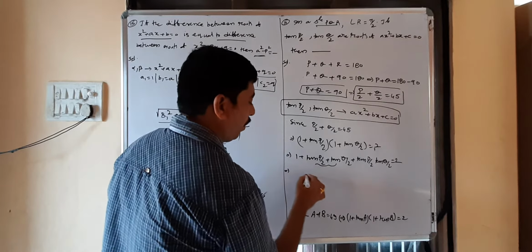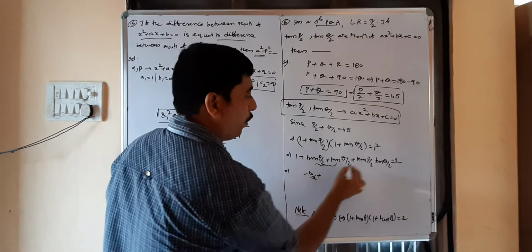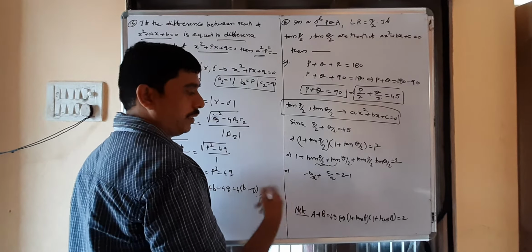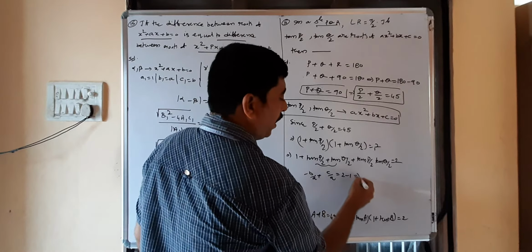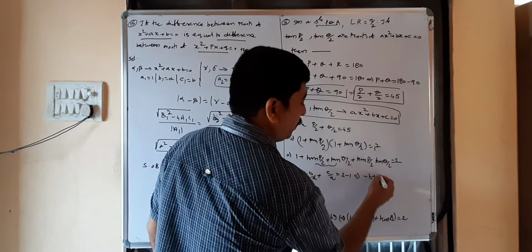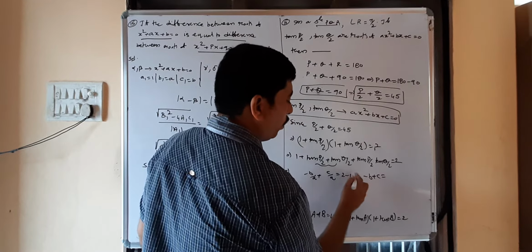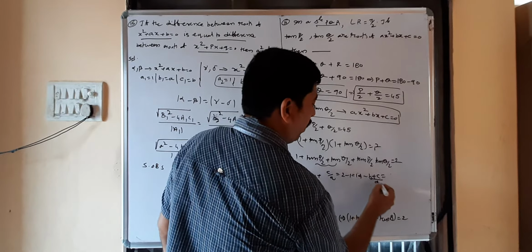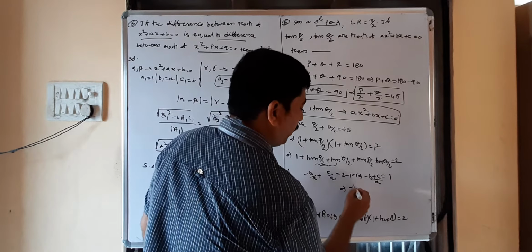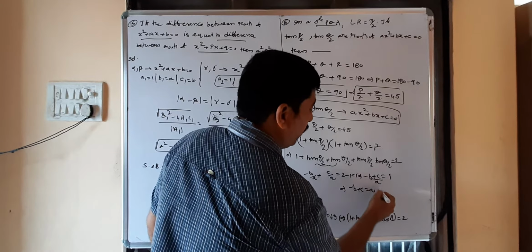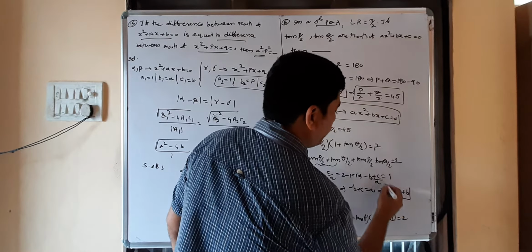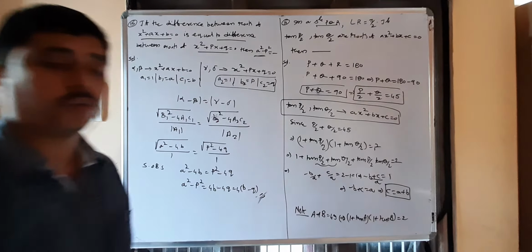Sum of the roots formula is minus b by a, and product of the roots formula is c by a, equal to 2 minus 1. Taking the LCM and bringing the denominator to the right hand side, we get minus b by a plus c by a equals 1, which implies minus b plus c equals a. Bringing b to the right hand side, c equals a plus b. Copy that problem.